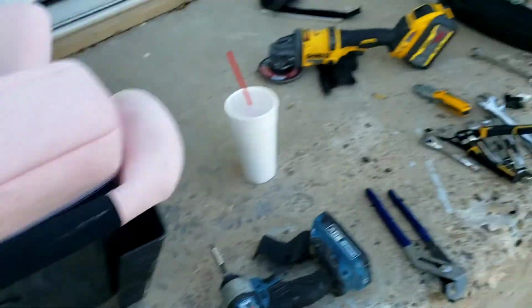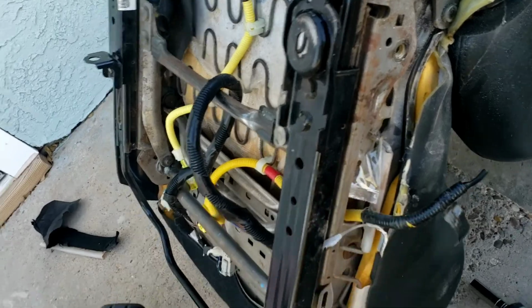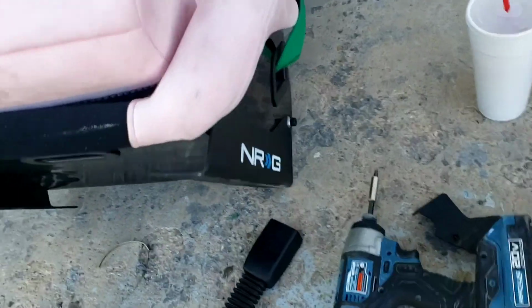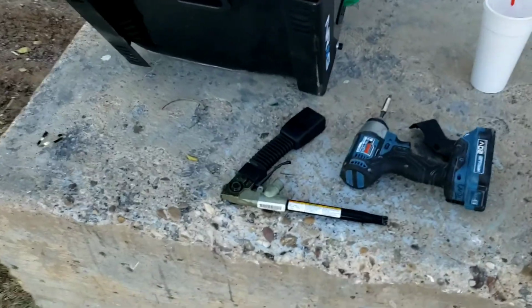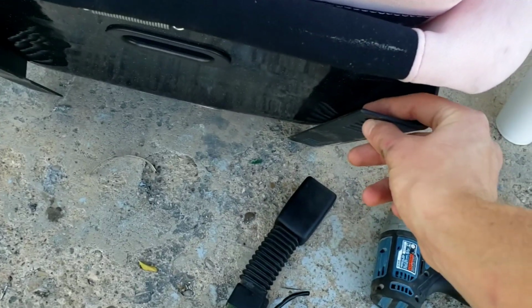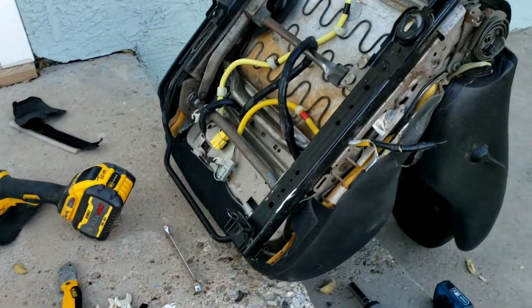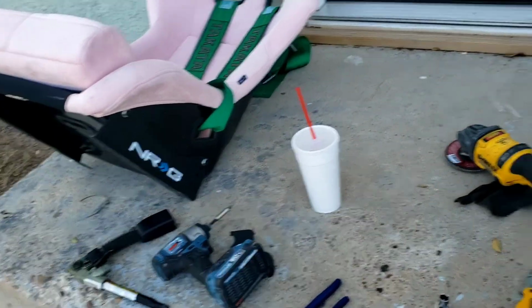I know with rails it'll probably add, I would say like an inch and a half maybe, which I hope is enough, because that's the seat at its highest setting. But what I might end up doing is just putting some spacers, maybe like some washers, to kind of give it a little bit more height. Of course, it would be better if I had some adjustable seat rails with the adjustment of the seat. It would make it perfect, but I just don't have that. So I think we're just going to end up going and getting a grinding wheel, charging the battery, cutting that